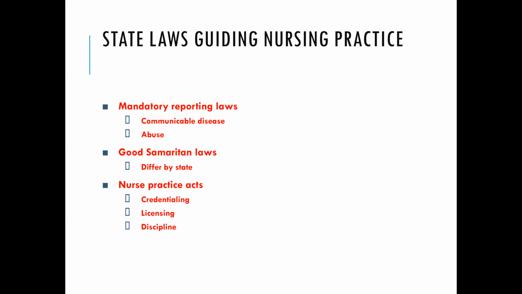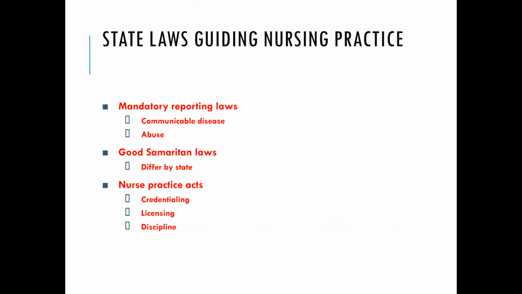State laws governing nursing practice. As you can see, these are in red. That's all I'm going to say about that. Okay, so mandatory reporting laws. In various states, this requires healthcare workers to report communicable diseases that they may find in their practice, right? You also have a duty to report physical, sexual, or emotional abuse, or the neglect of children, older adults, or the mentally ill, whether you suspect it or you have actual evidence of it. The intent is to protect people who cannot protect themselves and protect society against the spread of communicable diseases. So that is the mandatory reporting law.